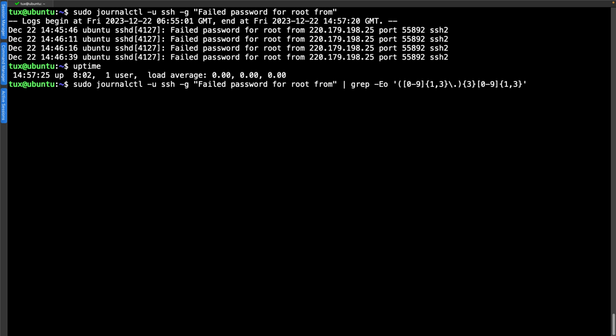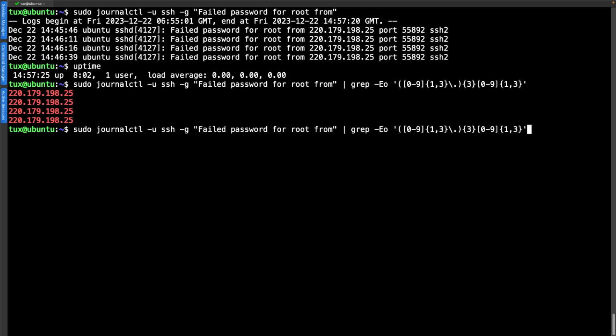So that's my regular expression. Now, I do accept that it's horrid, but it is then going to search for the IP address. And as we can see now, searching returns just the IP address. But now we can quite clearly see it's one IP address being used to access this system.